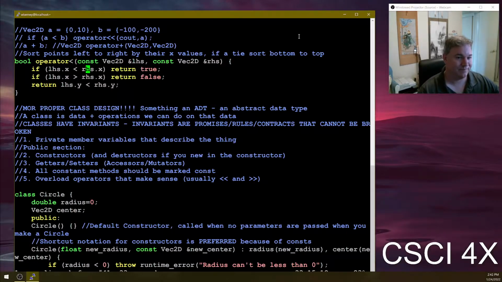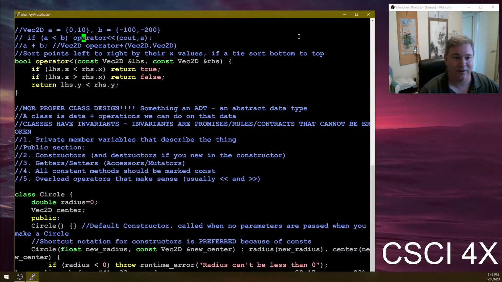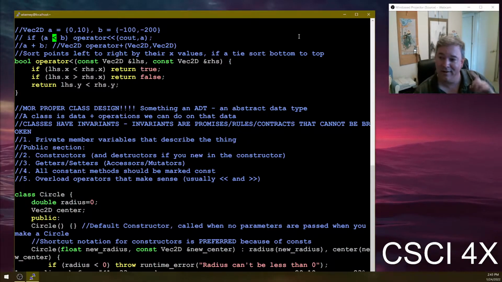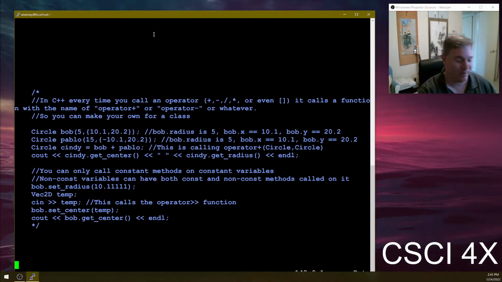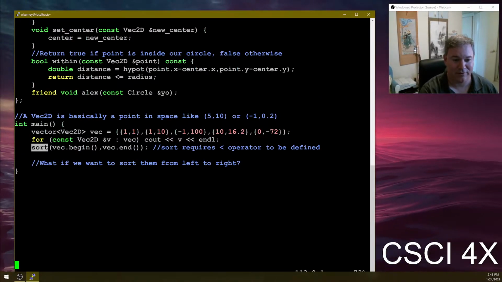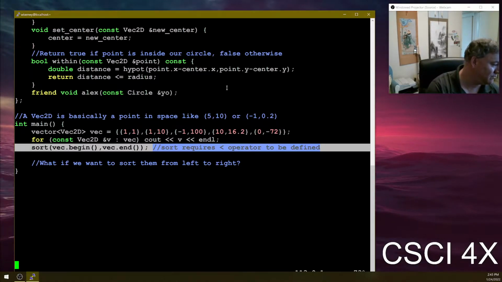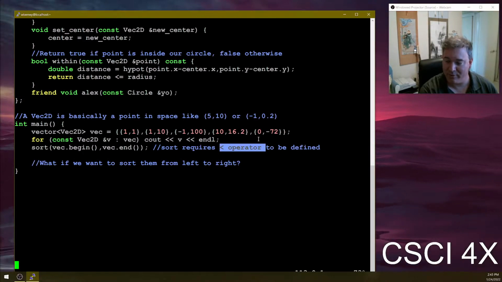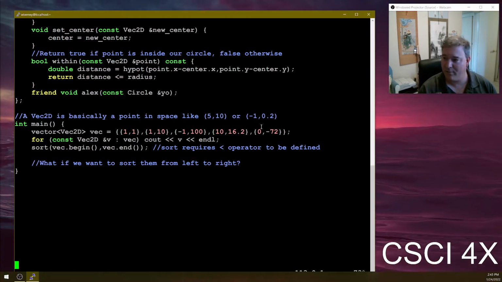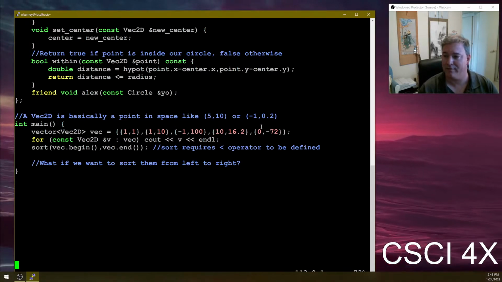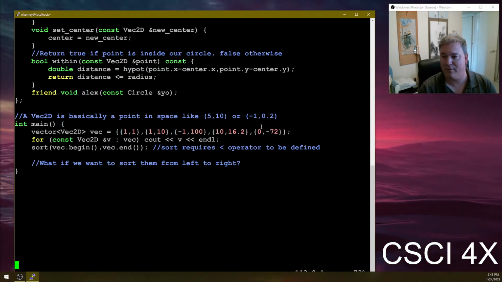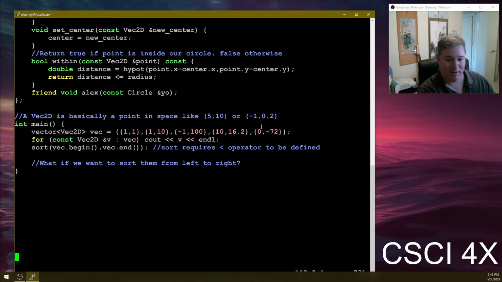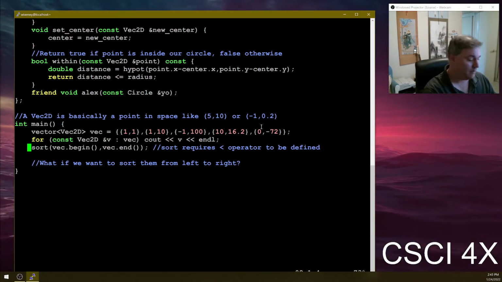So the less than operator not only allows us to write code like this, where you can say if one point in space is less than another, it also unlocks the power of sort, not salt, sort. So the sort algorithm requires you to have a less than operator defined. That's why I call operator less than the queen of all operators, because it is the single most important operator to write on your class, because we want to sort things so often. And in fact, if we do this and then print the vector again,